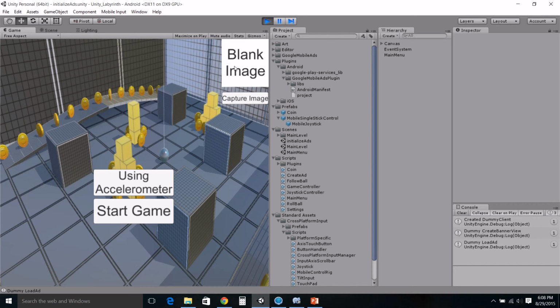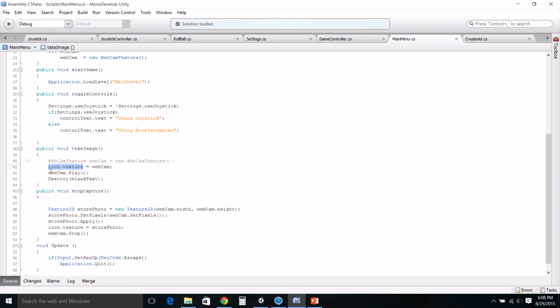That is this piece here, the blank image, and it fills it with the web camera's active feed, and we get rid of the blank text so that obviously it's getting filled now. So this calls it so that we're actually like playing a video of them, so that they can look through the camera and the way that they really want to. And then